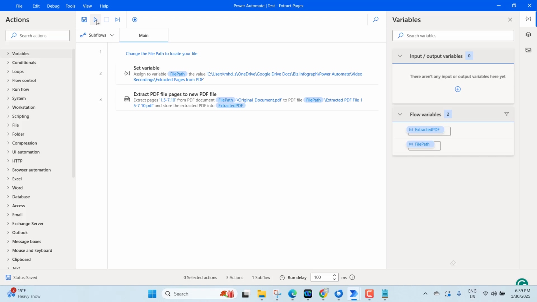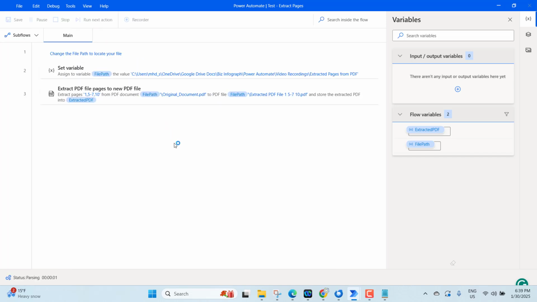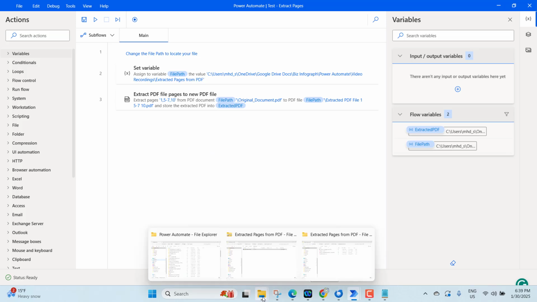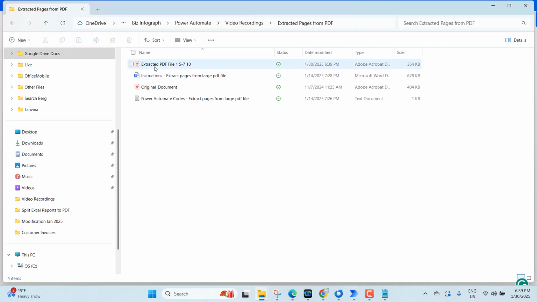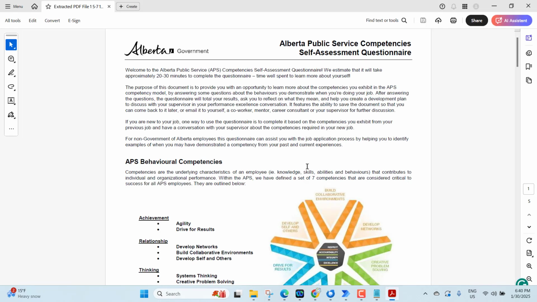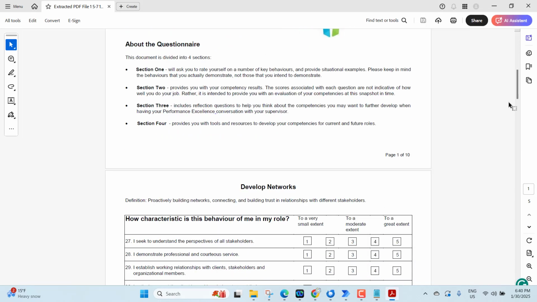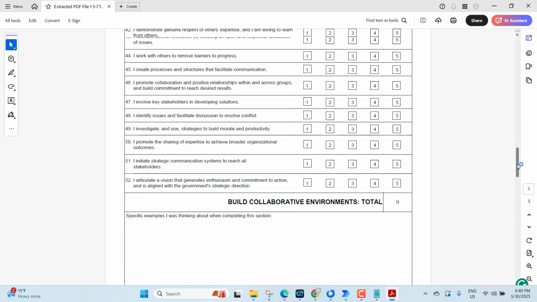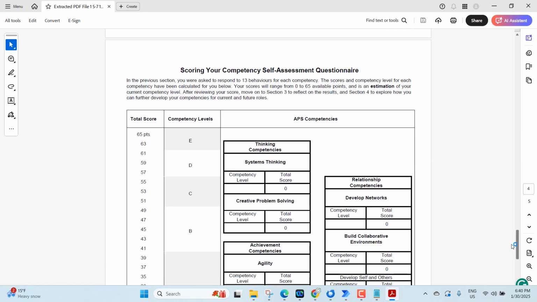After that, save the flow and run the flow. So let's see our file. You see, this is our extracted PDF file. It has page number 1 to 7 and 10. This is page number 1. Then page number 5 to 7, meaning 5, 6, 7, and finally